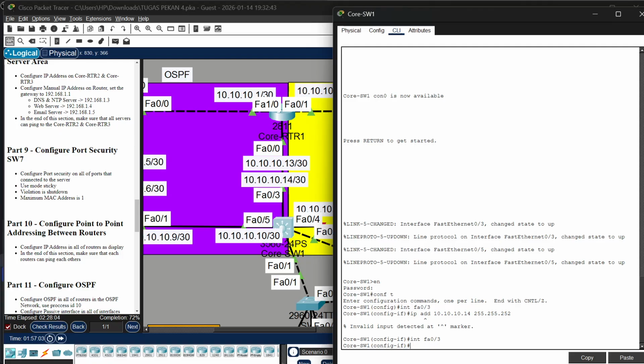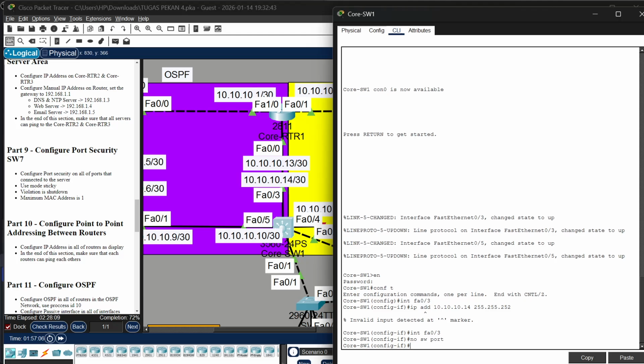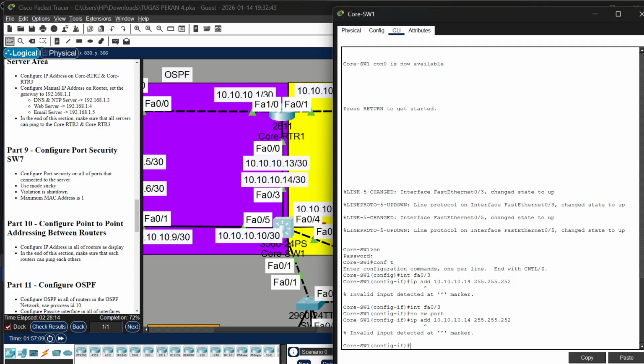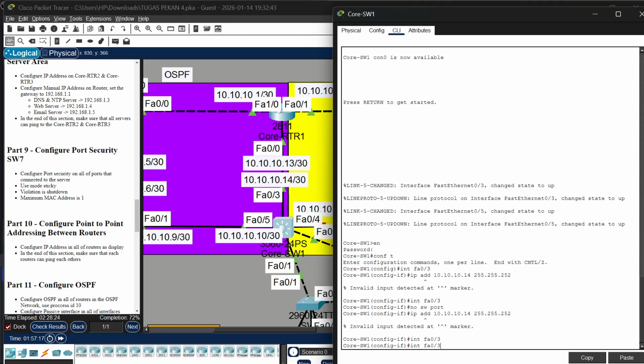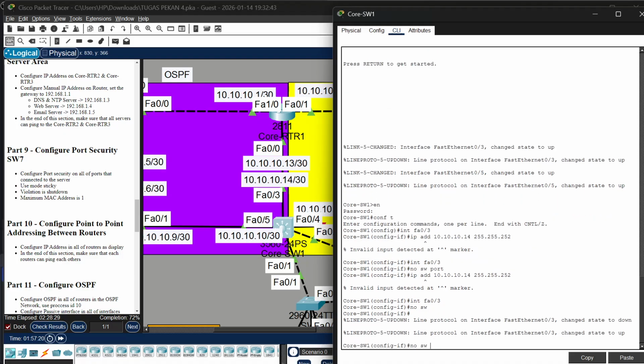Encapsulation, no switchport. Oh, I'm sorry. No switchport. Okay, and then go to the IP address 10.10.10.14 255.255.255.252,